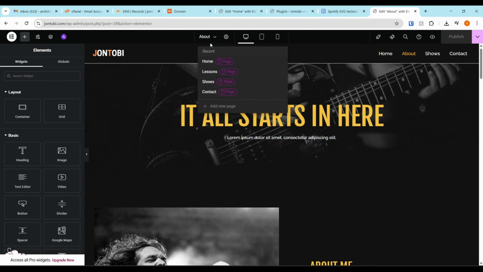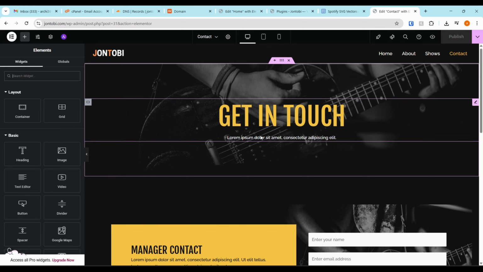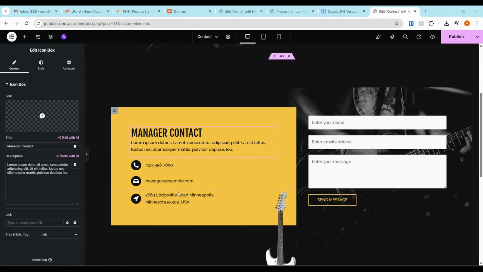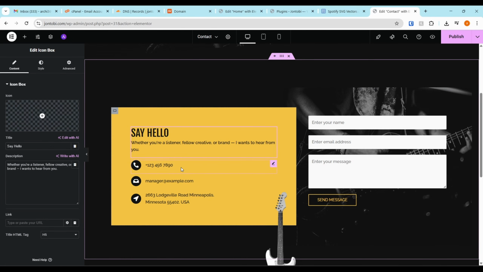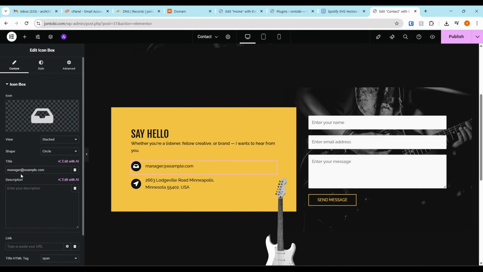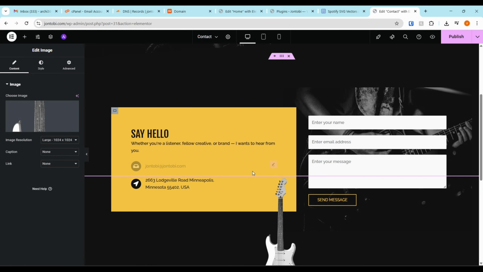And I'm just going to click on the drop down and show the contacts page. So, get in touch. That's looking good. I'm going to replace some of the text here. You can put in your phone number there. I'm going to take that out. I'll put in his email. So it's johntoby@johntoby.com. Then for the address line,